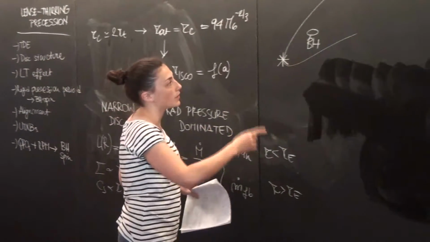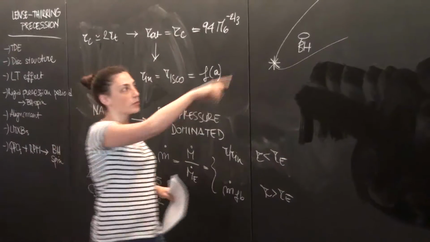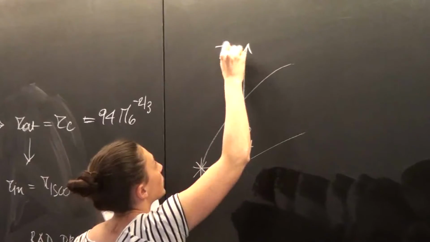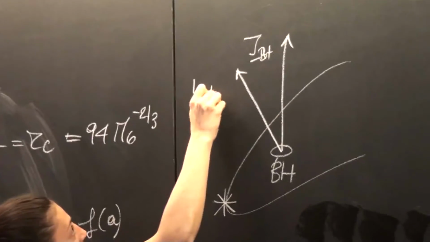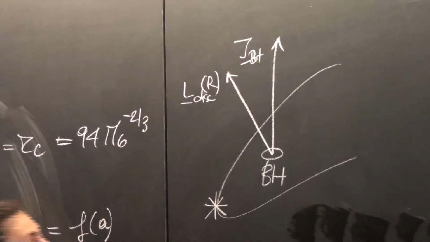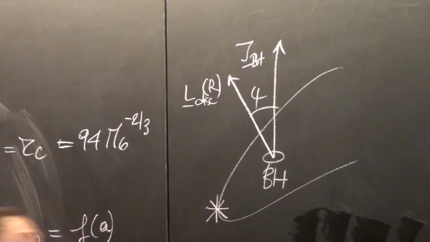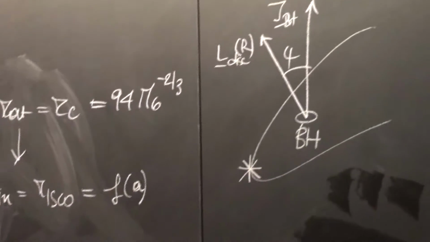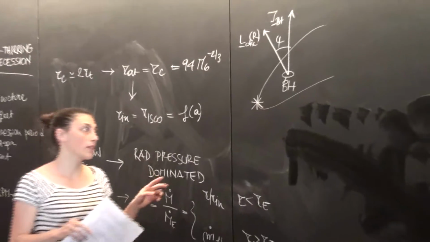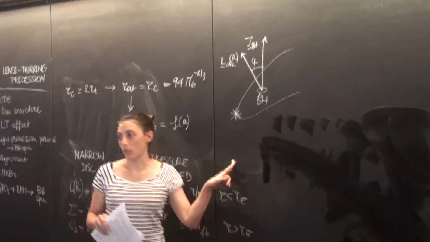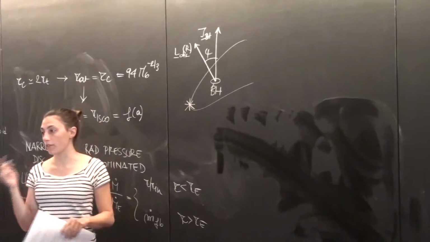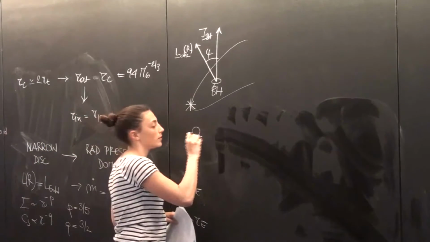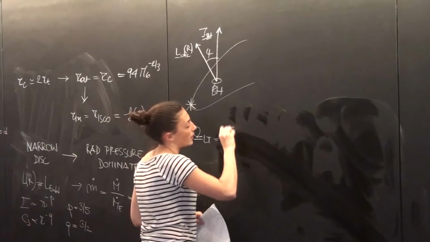Okay, so since in general the stellar orbit is inclined with respect to the supermassive black hole spin, this is the angular momentum of the black hole, then the angular momentum of the disk will be inclined as well. Since the two angular momenta are misaligned with respect to each other, they couple, and this coupling is known as the Lense-Thirring effect. This causes the precession of each ring of the accretion disk with a frequency given by